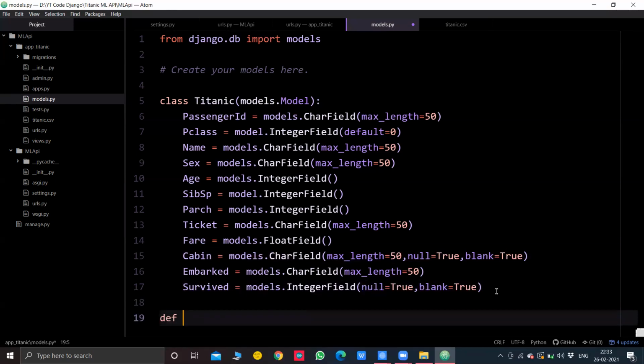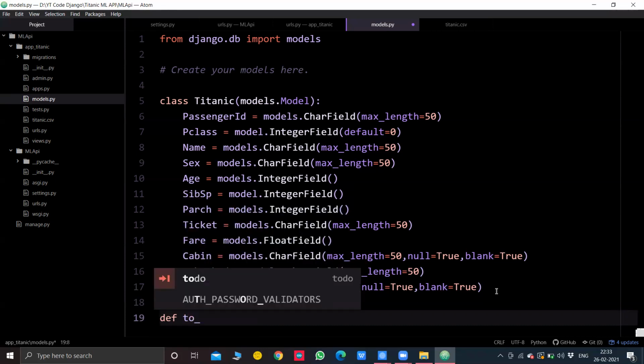Okay, dictionaries can be easily converted to pandas data frames, right? What are pandas data frames? We'll use pandas to create data frames in our machine learning code, and dictionary data types can be easily converted to a pandas data frame. So we'll define a function that will convert the dataset entries directly to a pandas data frame.